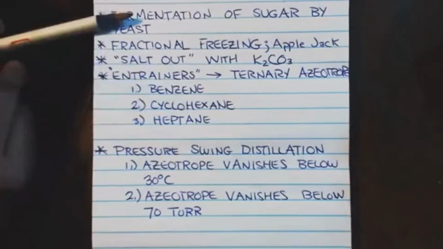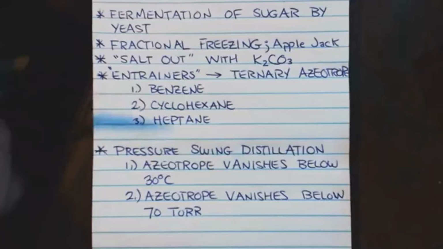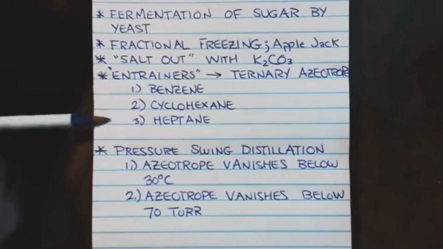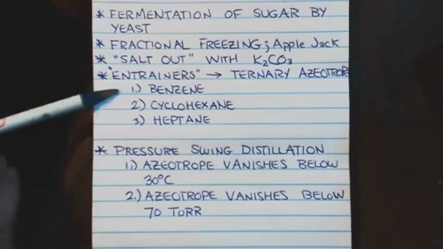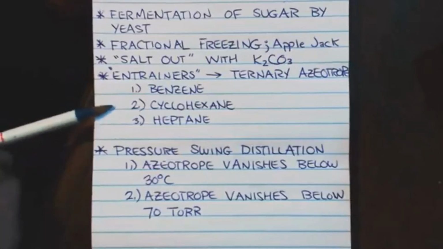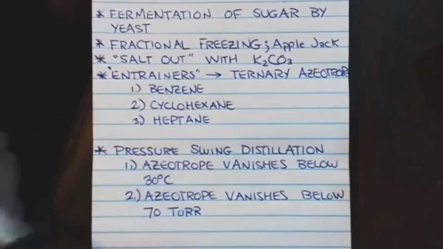Benzene, water, ethanol. And I did cyclohexane and water and ethanol, and then heptane. And let me tell you, they say that none of them form a ternary azeotrope. So which is it? They either form it or they don't. Now, I believe that they do form it. But like I said, things are so contradictory, and that's why I want to get to the last method, which